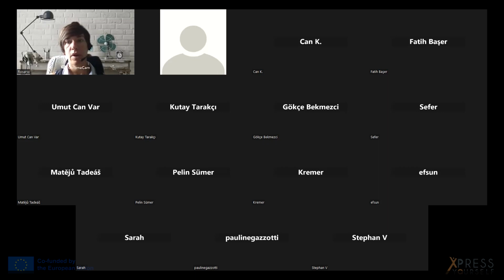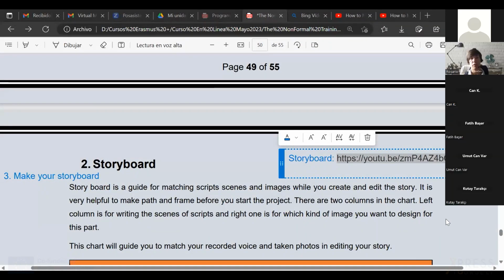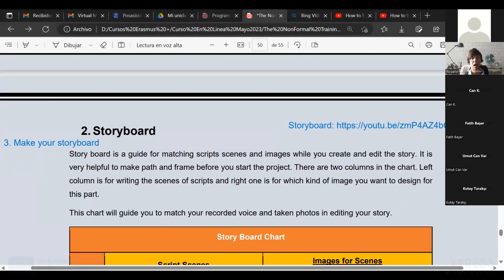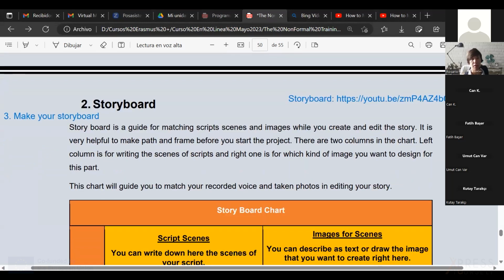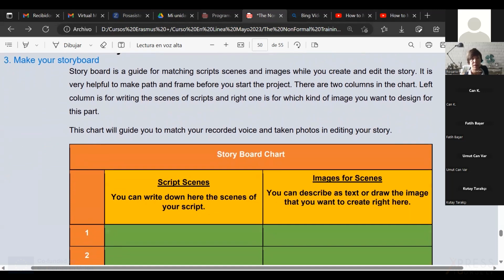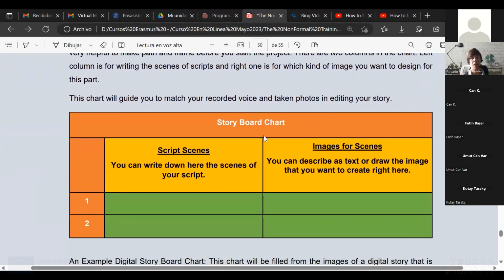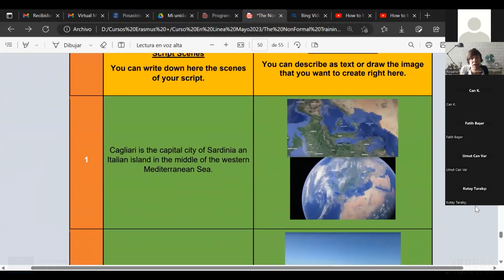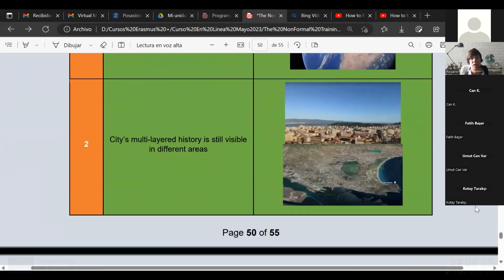So that is a way in which you can do the storyboard before having the message planned and before having your story that planned. But as we have been doing it the opposite, it was just to give you an idea on how to create your storyboard for you. The first to be done is following the steps that we have seen today, and then set one column for the script scenes and another one for the image that you want to match each scene.